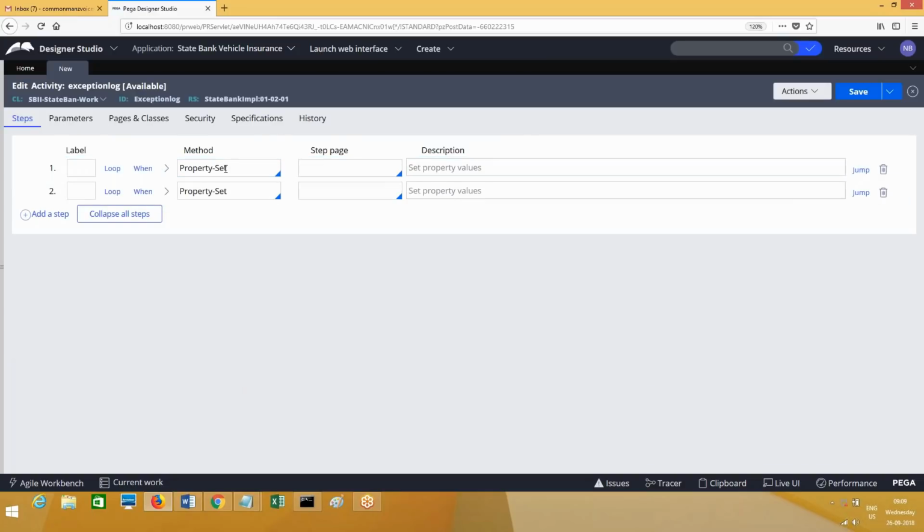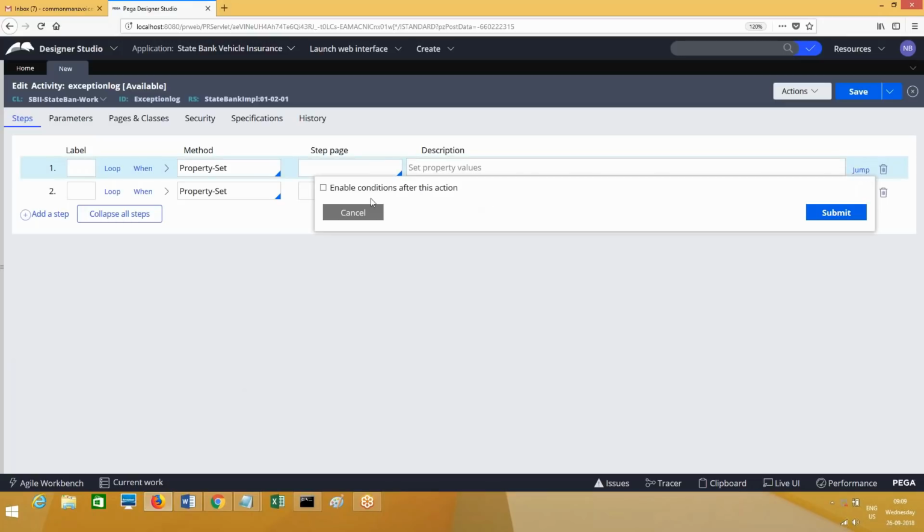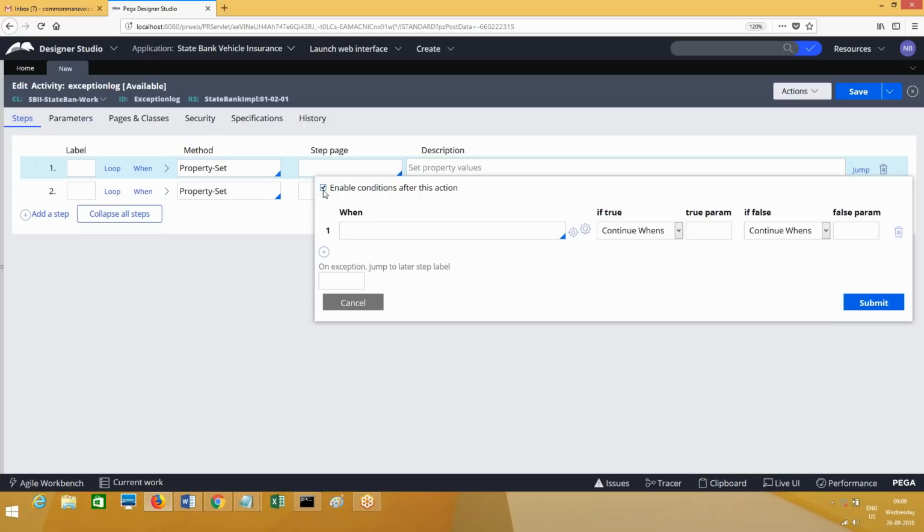Now exception handling can be done using activity at the jump. If you click on the jump, you have to enable the condition. Enable condition after this action, and step status will fail. Step status fail. If true, continuance.